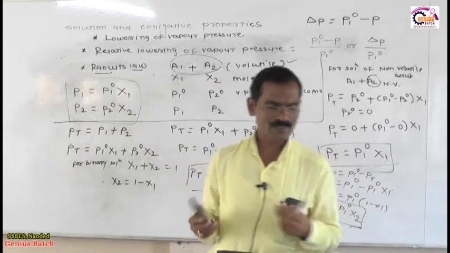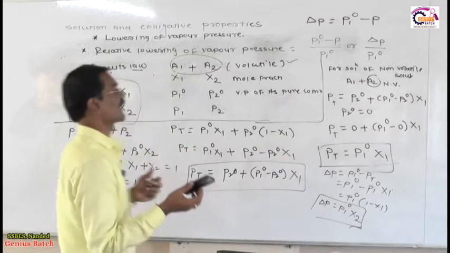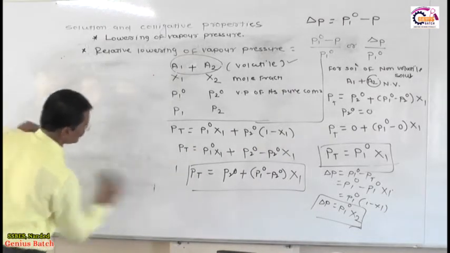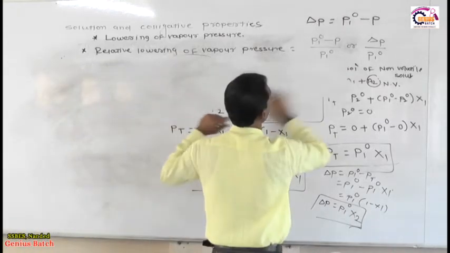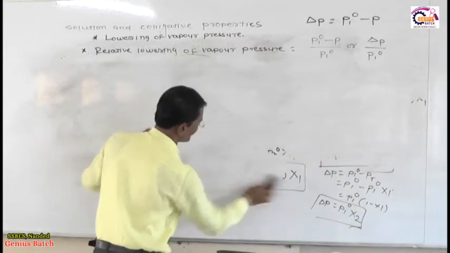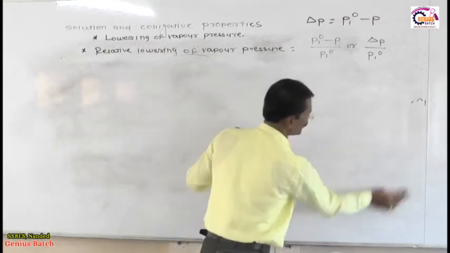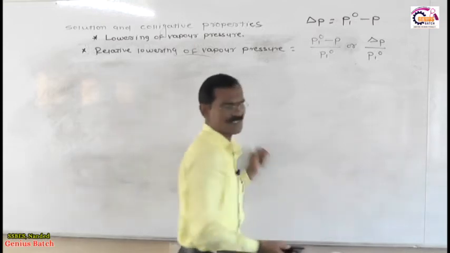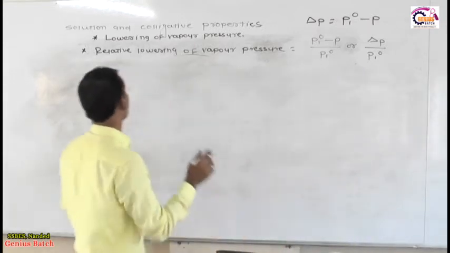Now we are going to the next and very interesting part of this topic, called molar mass of solute and relative lowering of vapor pressure. I will explain it to you. This is a very interesting concept, because how to calculate the molar mass of solute by using relative lowering of vapor pressure is a question they ask many times in examinations. So how to solve the question from the examination, see the board.